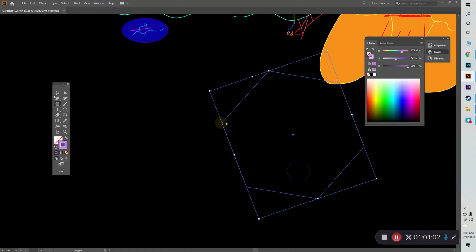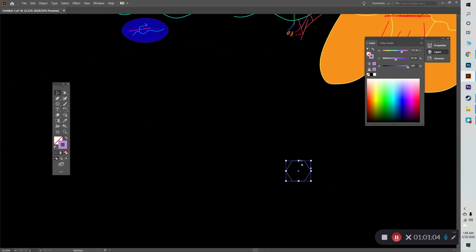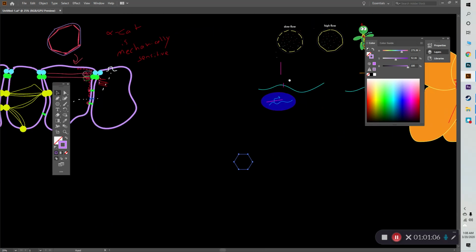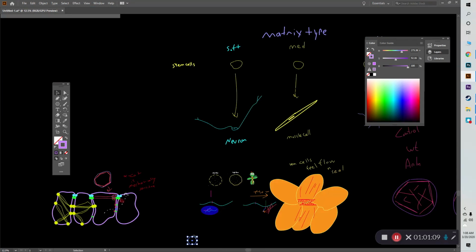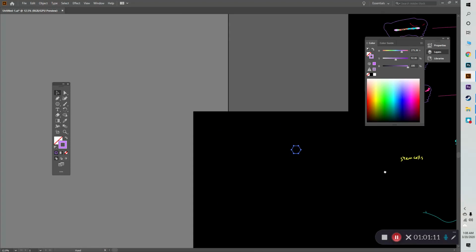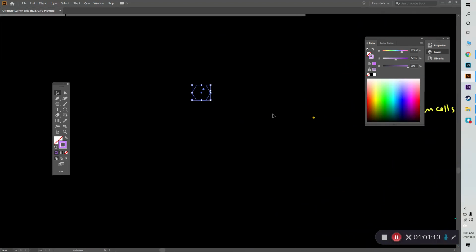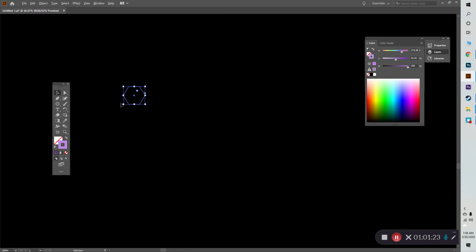Oops. Can't zoom in anymore for some reason down there. I think it's because I'm at the edge. Fine, whatever, fine. I'll take my ball and go play elsewhere. Great. Don't need you. I don't need to be down there. I want this stroke to be... I just want to fill it. Let me fill it. Yeah, cool. Okay, so